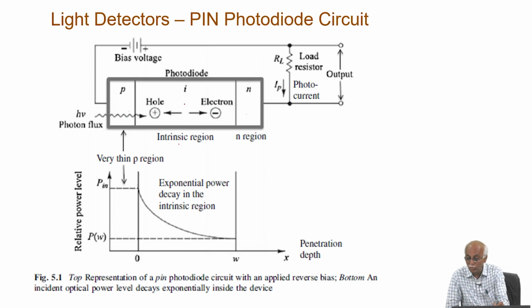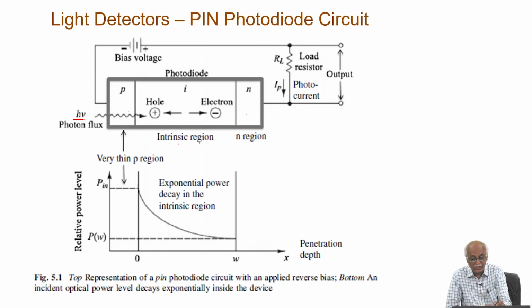However, when they are traveling through this intrinsic region, they may get diffused also. They may not reach the n region to transmit the current, and that is also possible. It depends upon the diffusion coefficient of the electron, where mobility is important. Secondly, the amount of light, with photon energy h nu, that interacts and the amount of light which is getting absorbed when the light is propagating through this material. So, these two factors determine